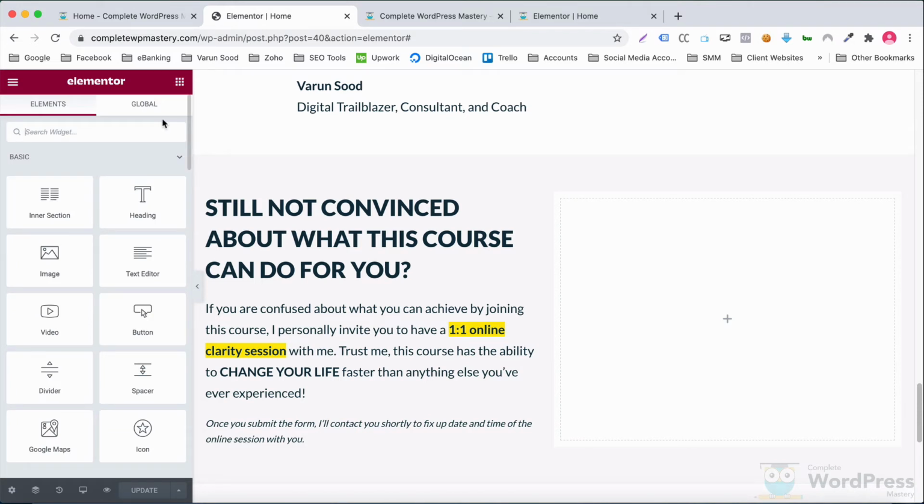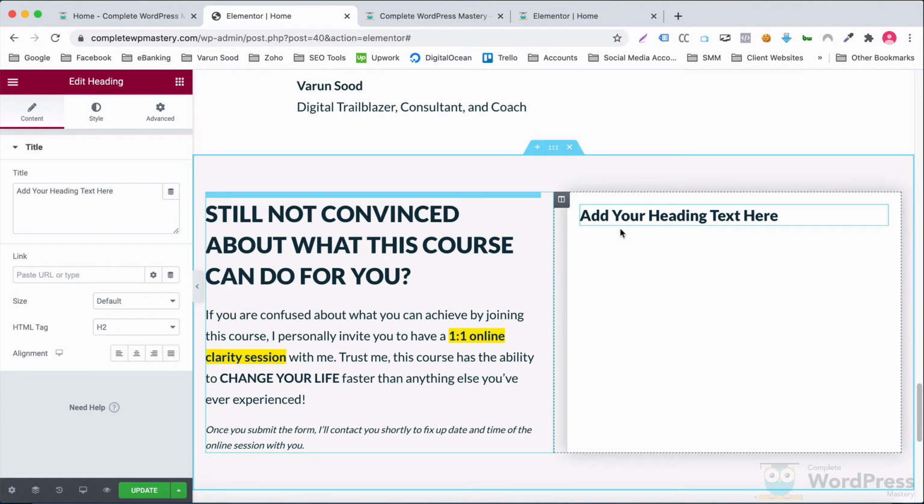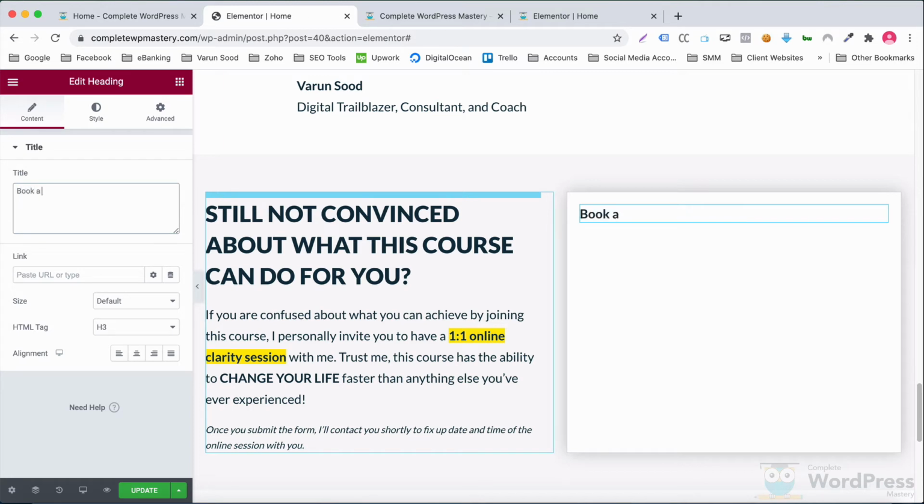Let's now add an H3 heading. Change the text. Center align it.